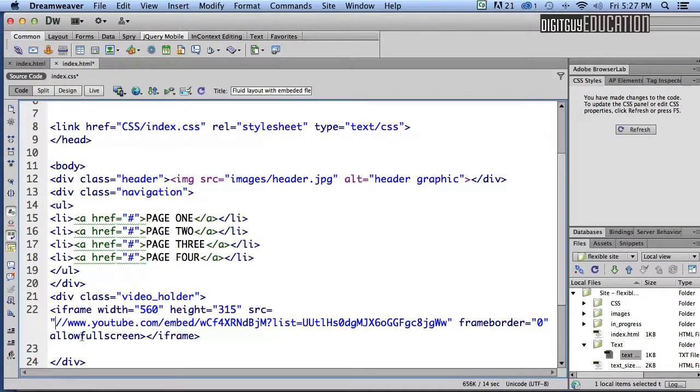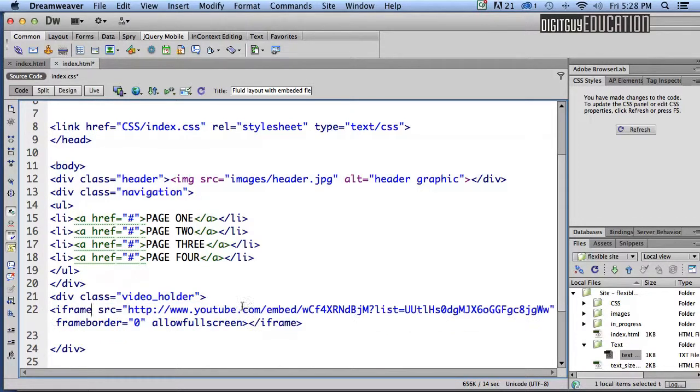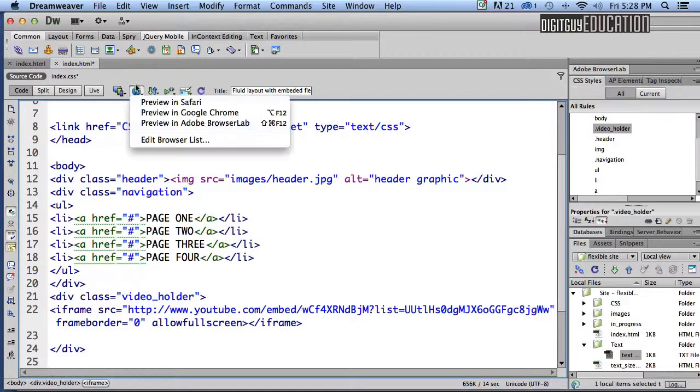So I'm going to put my cursor there in HTTP and the colon. And we don't want any width or height because we want it to be flexible. If we left these numbers in, it would just stay at that size, and we don't want that, so we're just going to delete that. And let's have a look at it right now. If I preview that in Google Chrome,